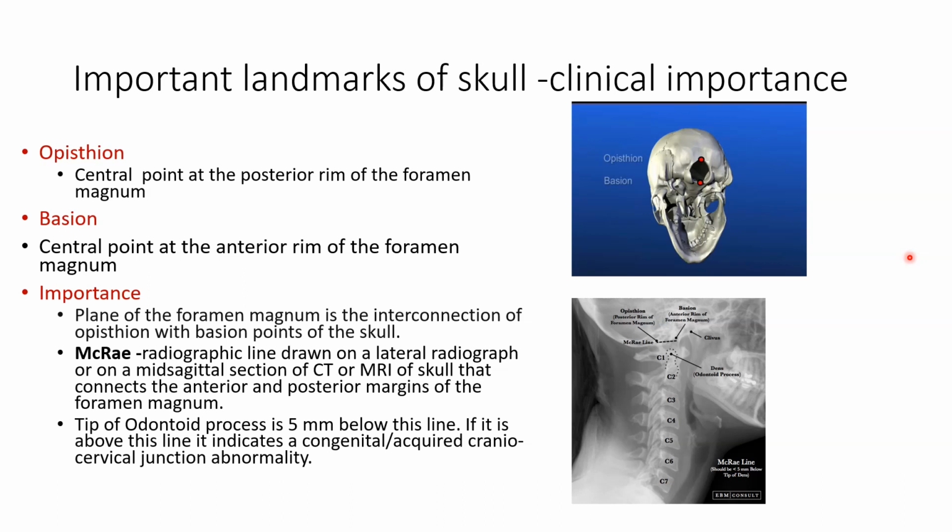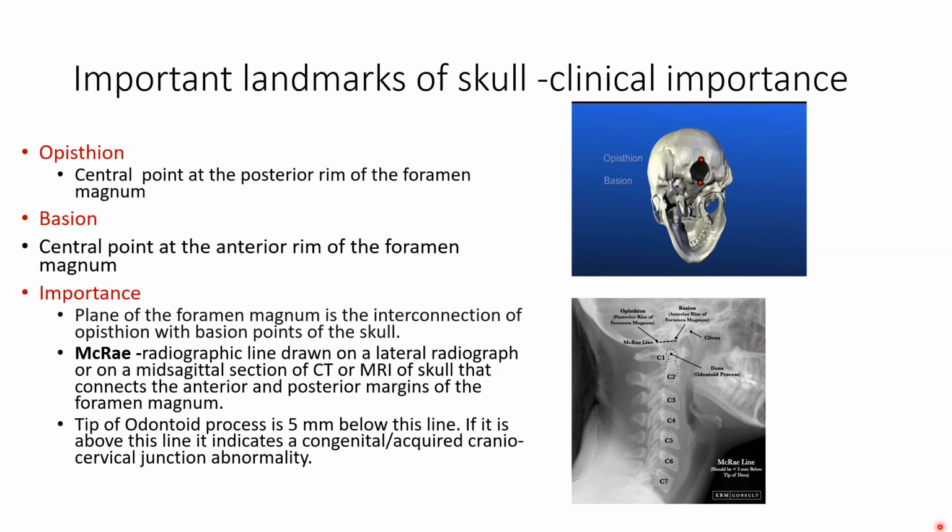There is what is known as McRae radiographic line, which will be drawn on lateral radiograph or on a mid-sagittal section of CT or MRI of skull that connects the anterior and posterior margins of the foramen magnum. In this picture, you can see the points in relation with foramen magnum, that is the opisthion and then the basion, and the line that is drawn between the two, which is known as the McRae radiographic line,